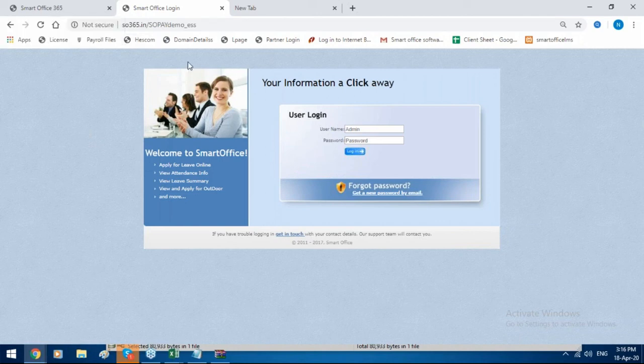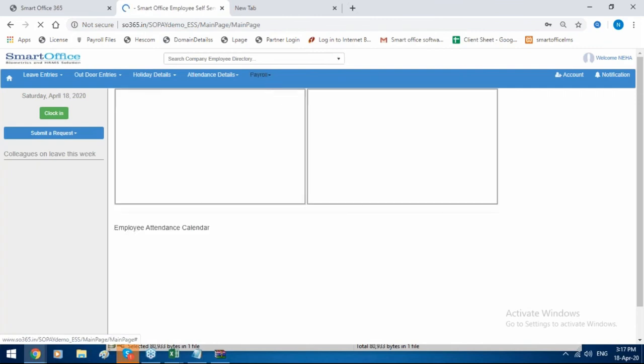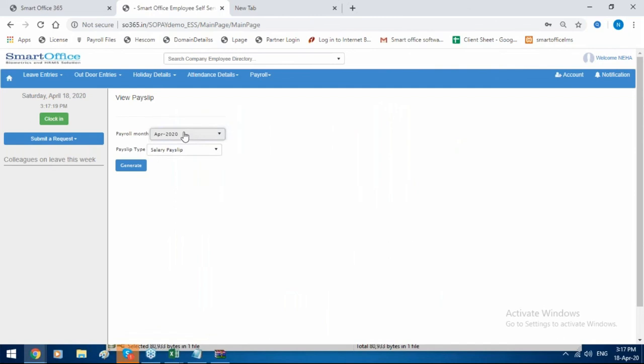This is the ESS portal, called Employee Self-Service Login. Almost all the features you will get in the mobile application. For every employee, you will get a separate ESS portal. Apart from the attendance options, they will get payroll also. They can download the salary slip from the mobile application.